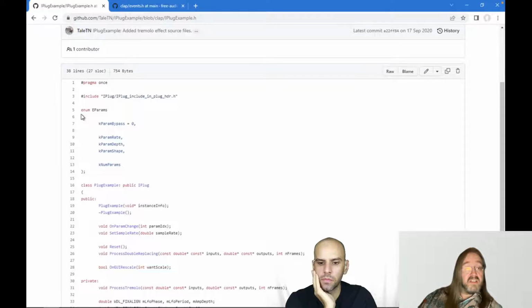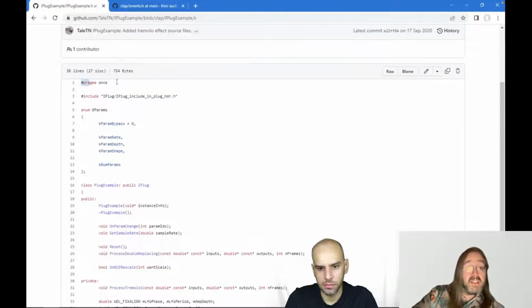Well, the class enums are a new feature, and I tend to not really use new features if old features still work. Fair enough. But remember, iPlug is 15 years old or something. At least 10 years old, probably 12 or 13. To be precise. And are there newer features in C++ that you think are worth including and are worth perhaps some rewriting? Or do you think that it's okay to just ignore them? Yeah, I think it's okay to just ignore them, and use whatever you want to use. So if you want to use those new features, do it, because there's nothing wrong with them. But I don't think it's necessary to rewrite something that works just because there is another way of doing it.